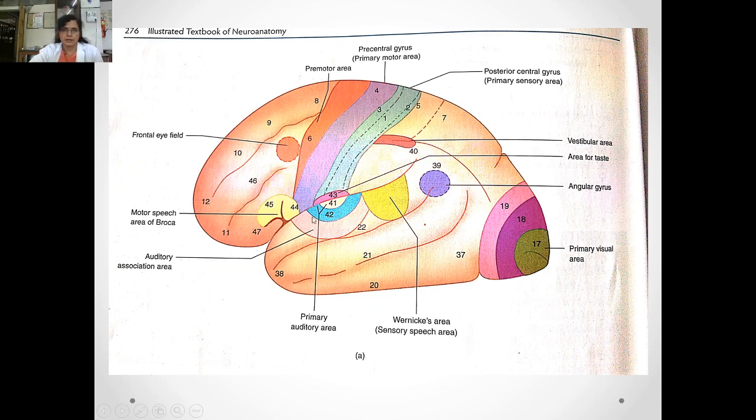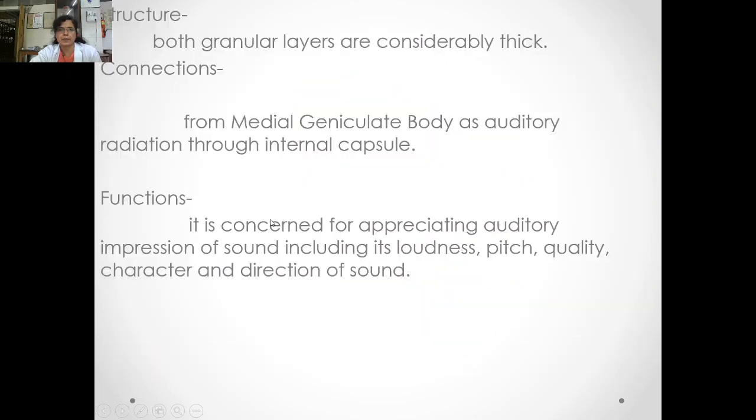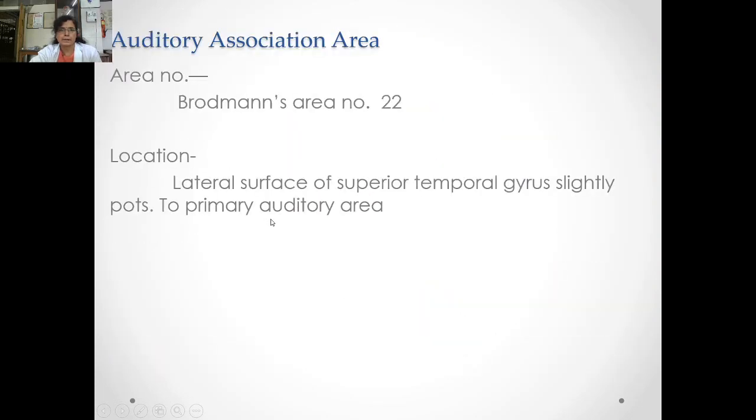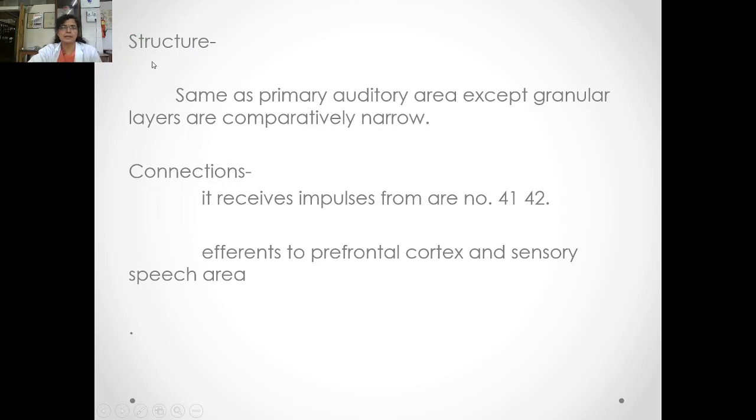And in this diagram you can see that this is area number 22, and this part is the auditory association area, which is present on the superior temporal gyrus. Structure of this area: same as primary auditory area, except granular layers are comparatively shallow or narrow. Connections: it receives impulses from area number 41, 42, that is the primary auditory area, and it sends efferents